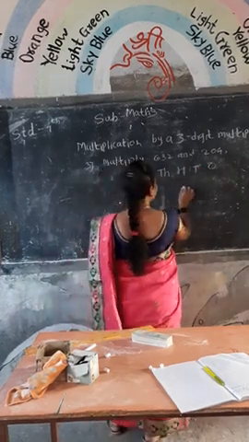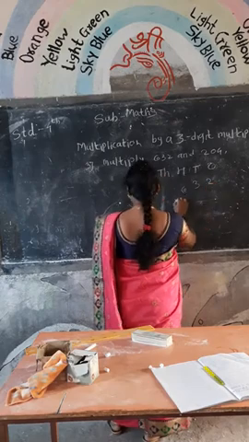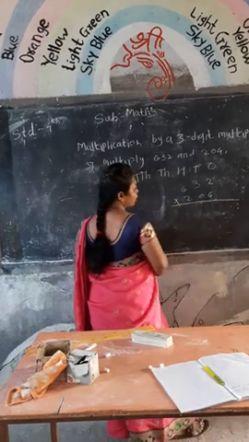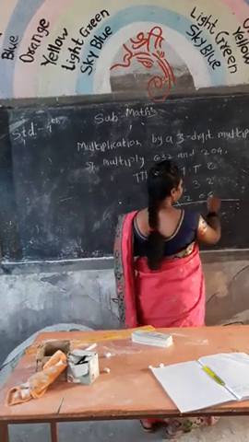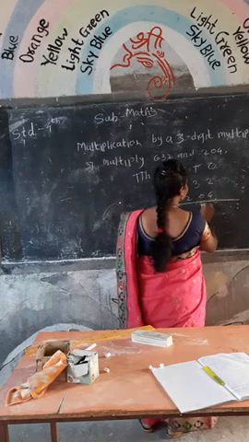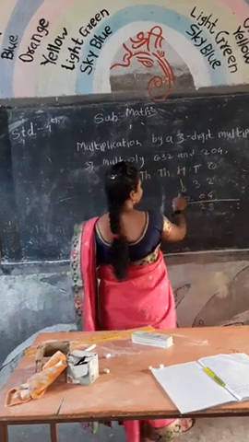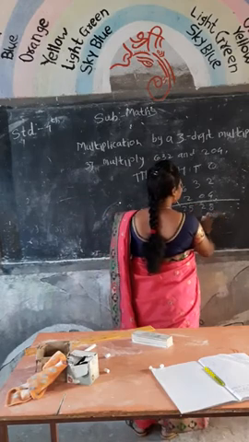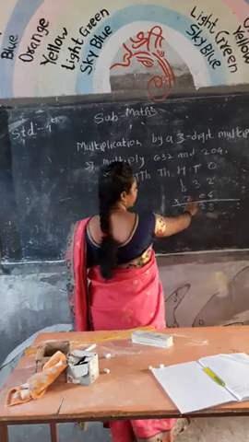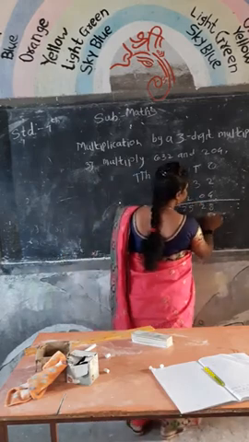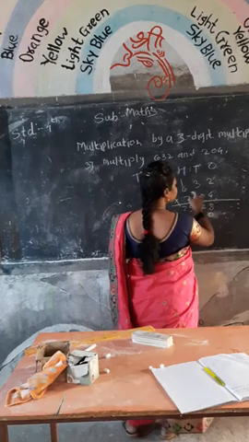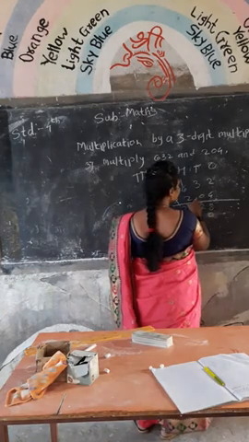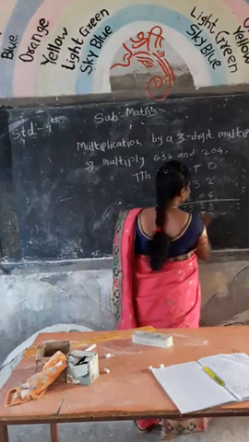Multiplication is 632 multiplied with 204. Multiplication starting from ones column. 4 2s are 8, 4 3s are 12, carry 1, 4 6s are 24 plus 1 is 25. Next, multiplication starting from tens place, then take 0 at ones place. 0 multiplied with any number gives 0. Multiplication is 0.